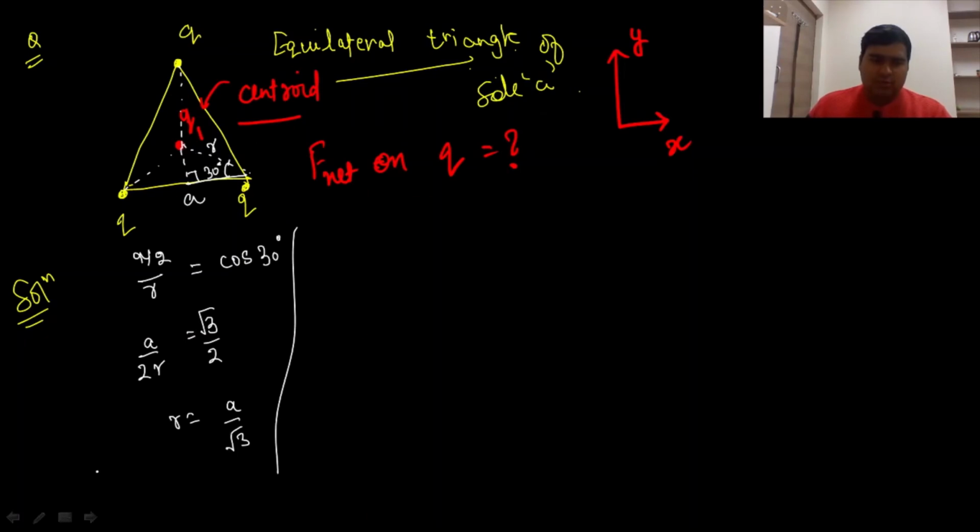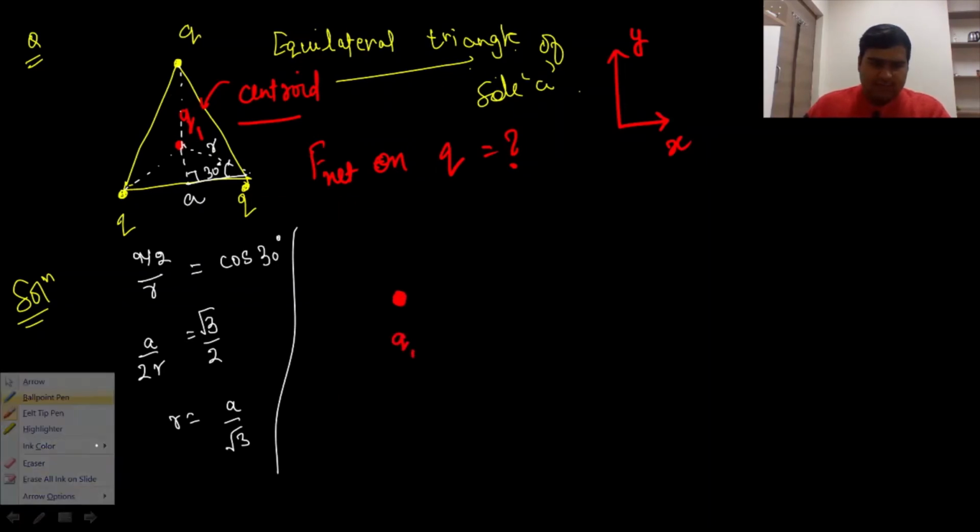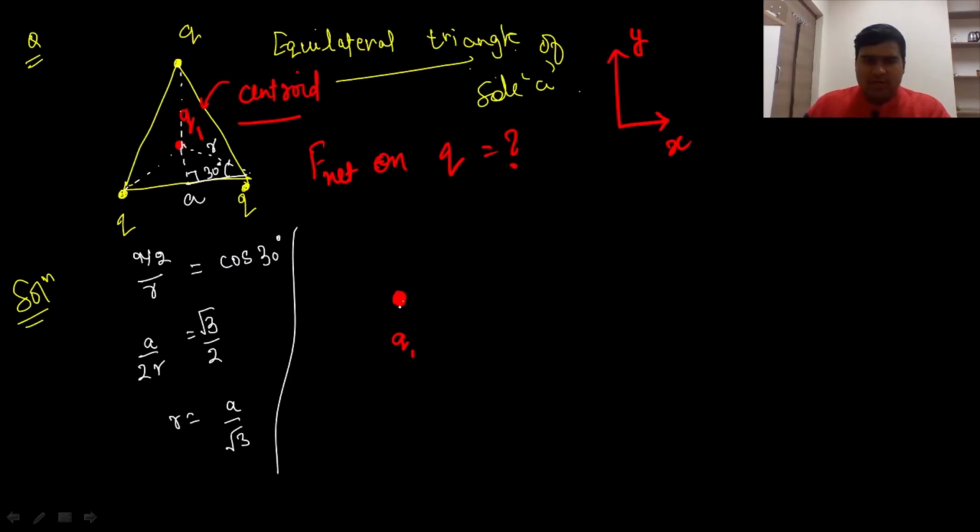So I'm going to make only the FBD of our charge q1. This is our charge q1, I'm going to magnify it. Along a perpendicular direction, this q1 is experiencing a force. Let us say this force is due to A. This is Fa, and all will be equal because r is equal and the charges are equal. So it is Fa, and for this we have Fb and this Fc.